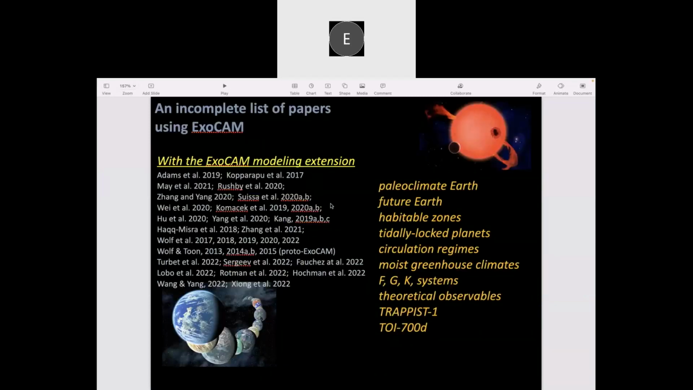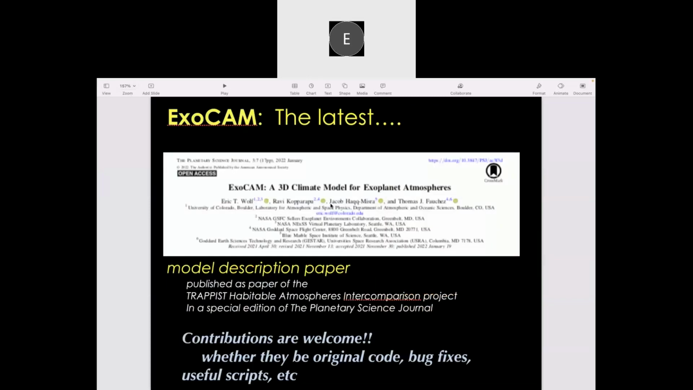So here's an incomplete list of papers using ExoCAM that have ranged on topics such as paleoclimate Earth, the future Earth, habitable zones, tidally locked planets, looking at different circulation regimes, moist greenhouse climates, F, G, and K systems, theoretical observers, TRAPPIST-1, TOI-700d, things such as that. So the latest, earlier this, I guess last year now, it's been a year, we published a model description paper,